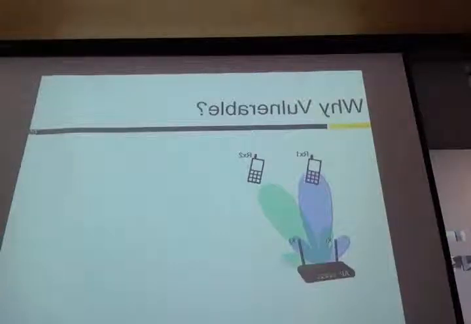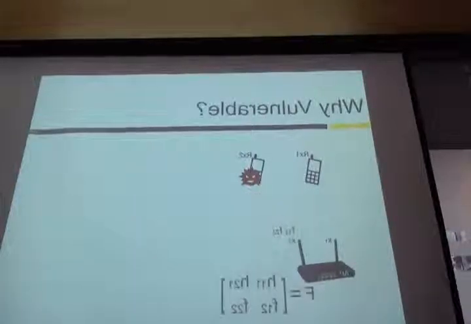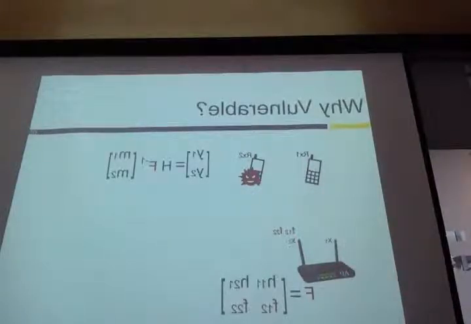However, we found that if receiver 2 is a malicious client, instead of reporting the genuine CSI, it can choose to report a fake one, what we call the forged CSI, F12 and F22. If the AP gets this feedback, it will think the channel matrix has this form. Apparently, this is not a general channel matrix, and the AP will precode data based on this wrong estimation of the channel matrix. That is, it uses the inverse of F as the precoding matrix.